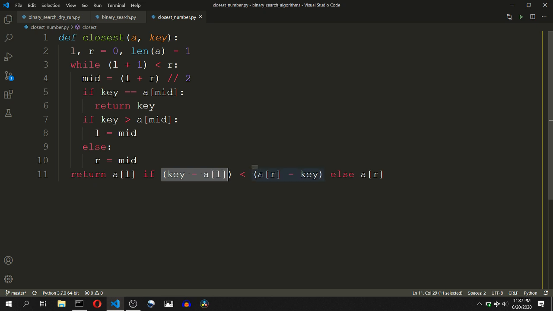Then the interviewer will let you assume or state their own assumptions. So in this case, I will assume that we will prefer the left one over the right in the cases of equal differences. So I will add an equal to condition, that is, if they are equal also, we will return the left element.